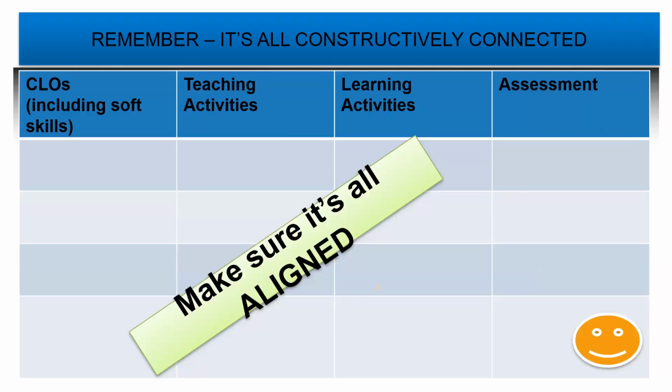But remember I keep saying about understanding the course learning outcome, including the soft skill, because when you're developing the rubric, it's still related to that. And when you're talking about assessment, it's not only the task but also the tools to measure. So that has got to be aligned to the course learning outcome. Make sure constructive alignment is always there.